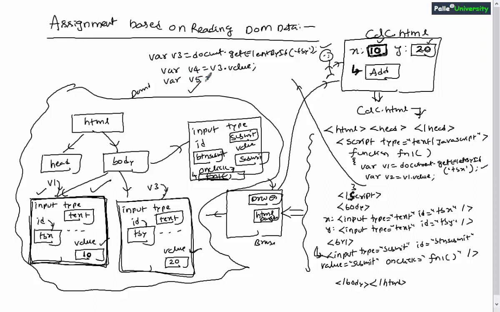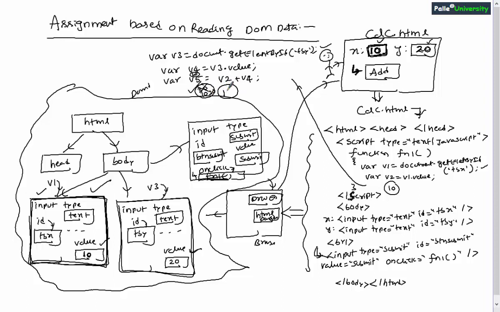So when I write var v5 is equal to v2 plus v4, actually our data will be sitting inside this v2 variable now. v1.value will give us a 10 and v3.value will give us a 20, right? So ideally when you write v2 plus v4, obviously 10 plus 20, 30 must be stored inside this v5, but actually 30 will not be stored, 10, 20 will be stored. Why 10, 20? Well, the reason is very simple.